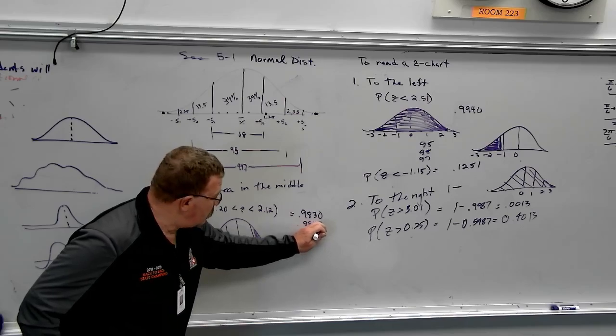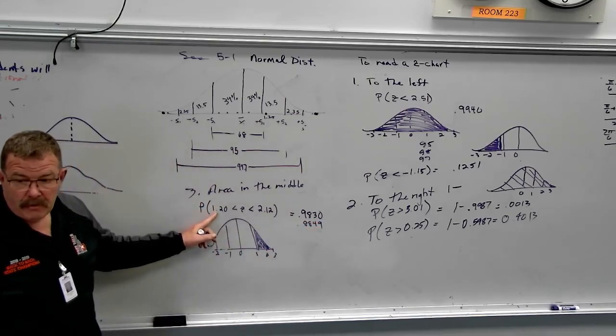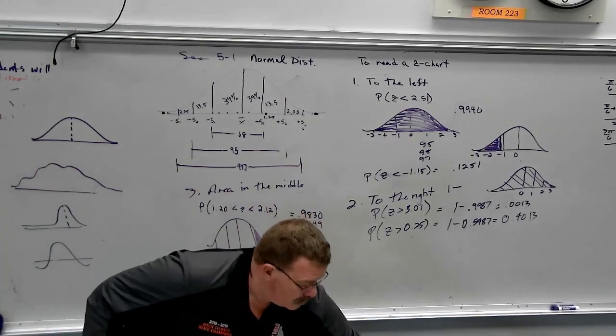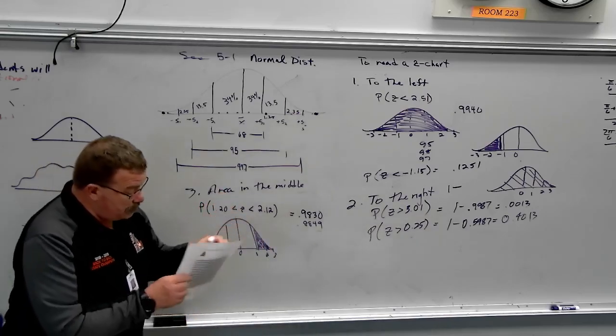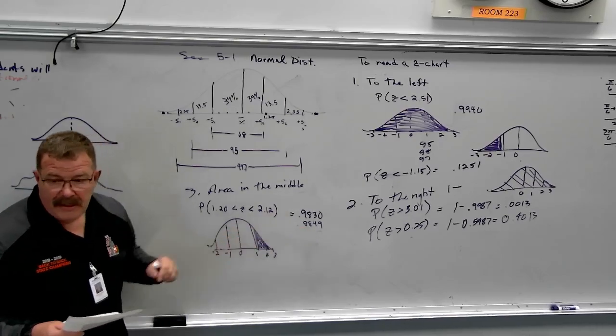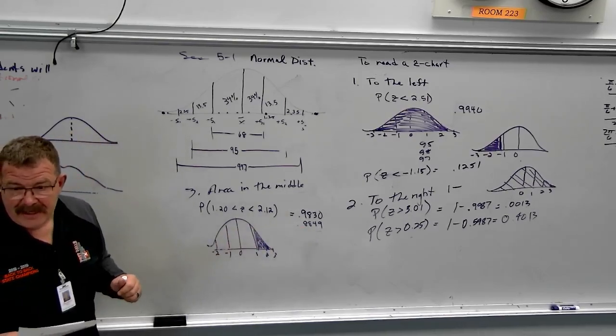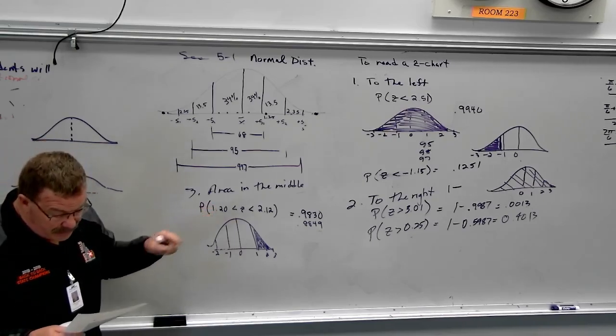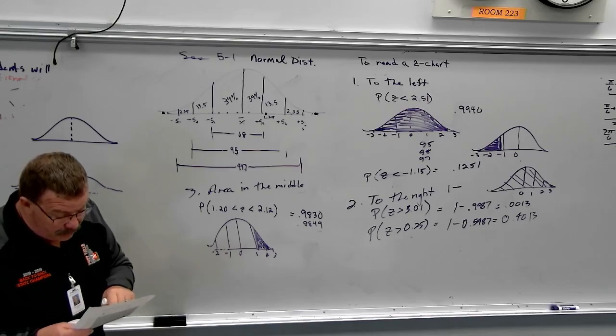0.8849. Wait, 1.20? 1.20. I can verify it. 1.20 should be 0.8849. That's right. What am I looking at? Are you on the positive side or negative? Oh, I'm on the negative. Okay. And then 2.12, I'll just verify it. 2.12 is